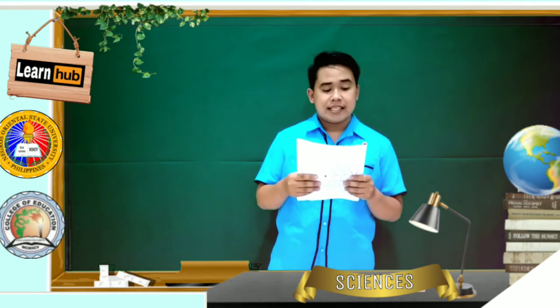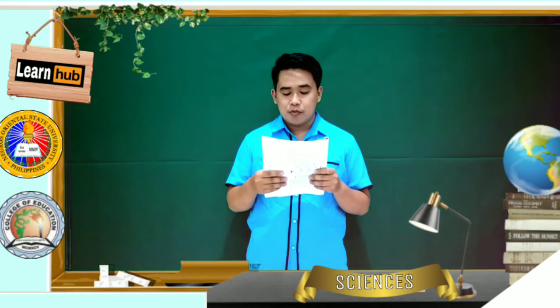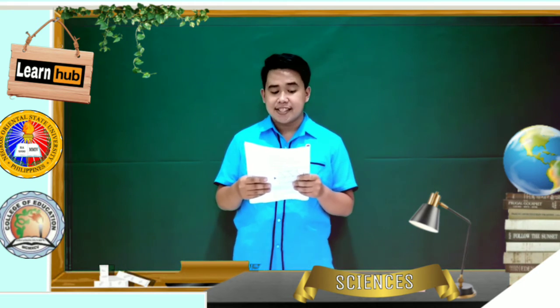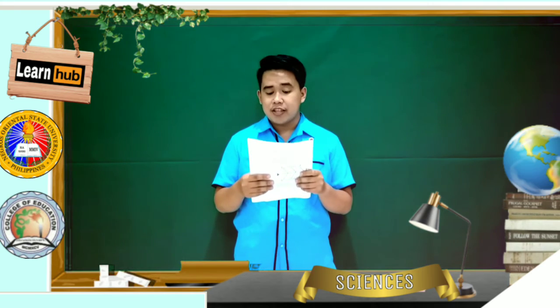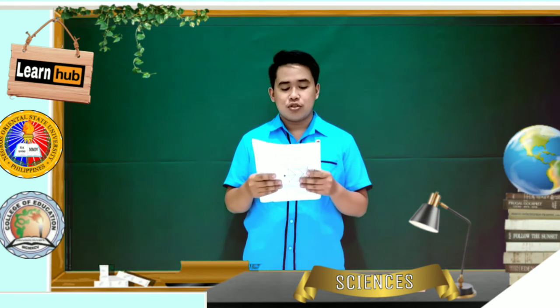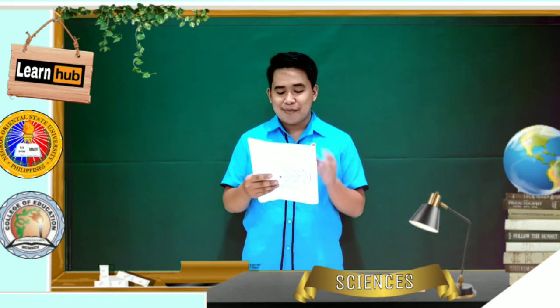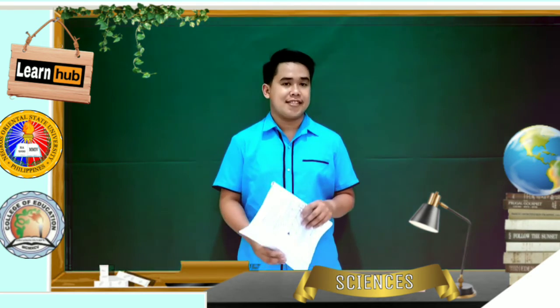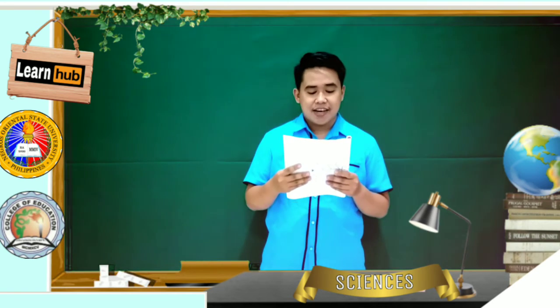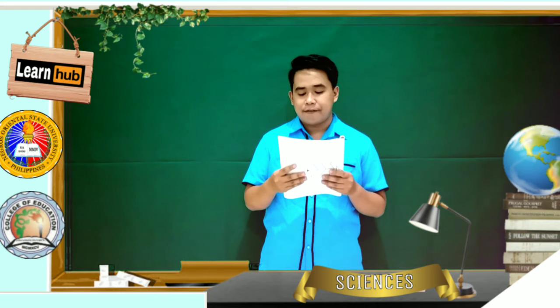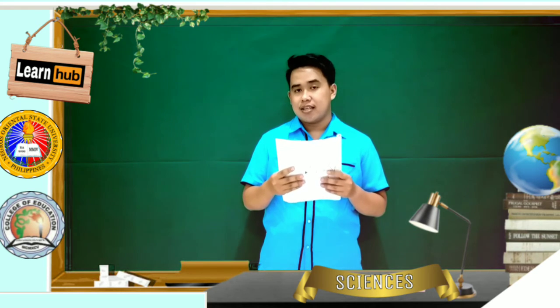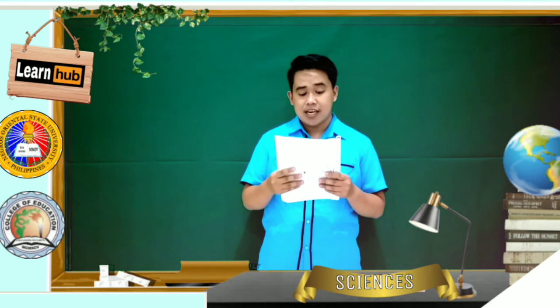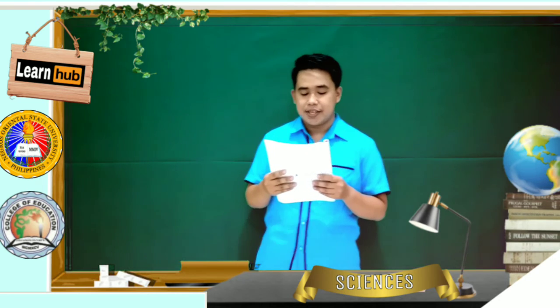For the answer to number 1, blank is the sudden movement of the Earth's crust at a fault line. The answer is earthquake. Earthquake is the sudden movement of Earth's crust at a fault line. For number 2, the answer is focus. Focus is the point where an earthquake begins. For number 3, an earthquake's most intense shaking is often felt near the blank. The answer there is epicenter. An earthquake's most intense shaking is often felt near the epicenter.